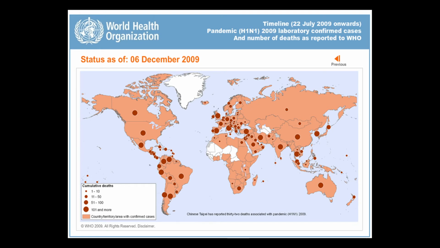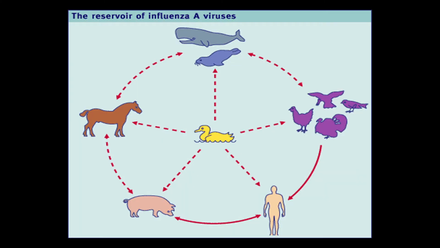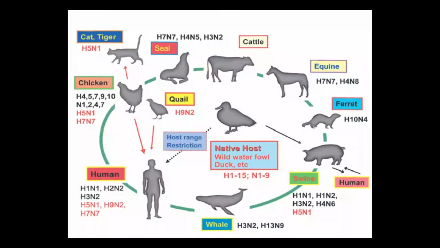I guess it's old data about the last big pandemic of H1N1, bird flu, avian flu. You see, it was a pandemic, registered all over the world. The reservoirs are, again, mostly birds, but they contact other animals: birds, swine, horses, even whales. They all get in contact, and sometimes this causes mutation.